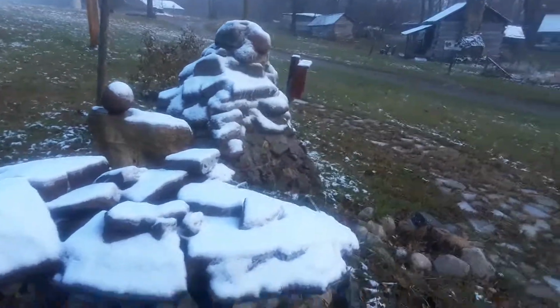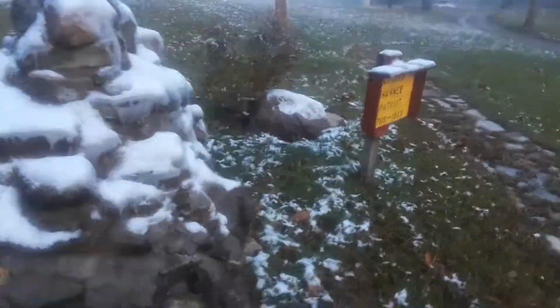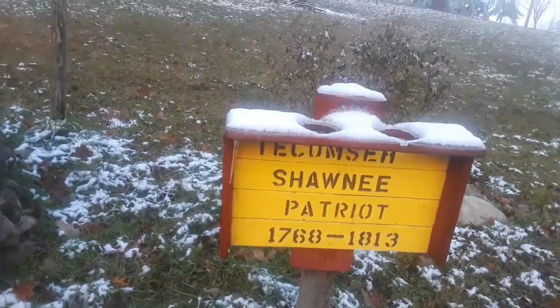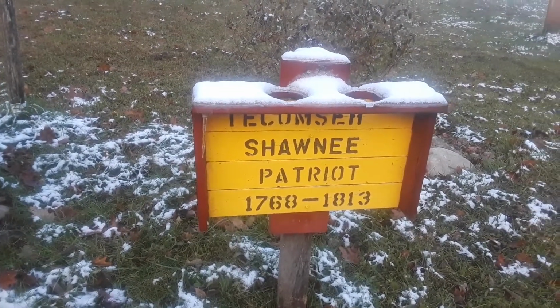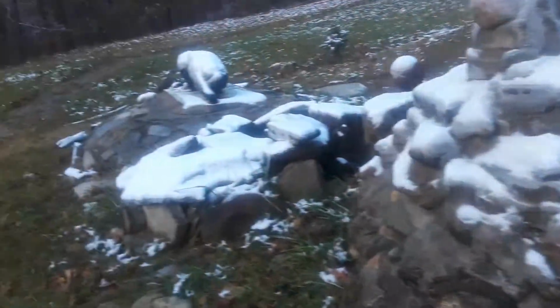And over here is a sign with Tecumseh's name and when he was born and when he died. It's a Tecumseh Shawnee Patriot, 1768 to 1813. And